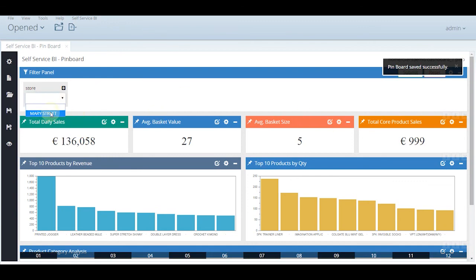We can change the filter source to see the result. Here is the result. We can take a glance of our dashboard in the preview mode also. Once you press preview, here is the final outcome.